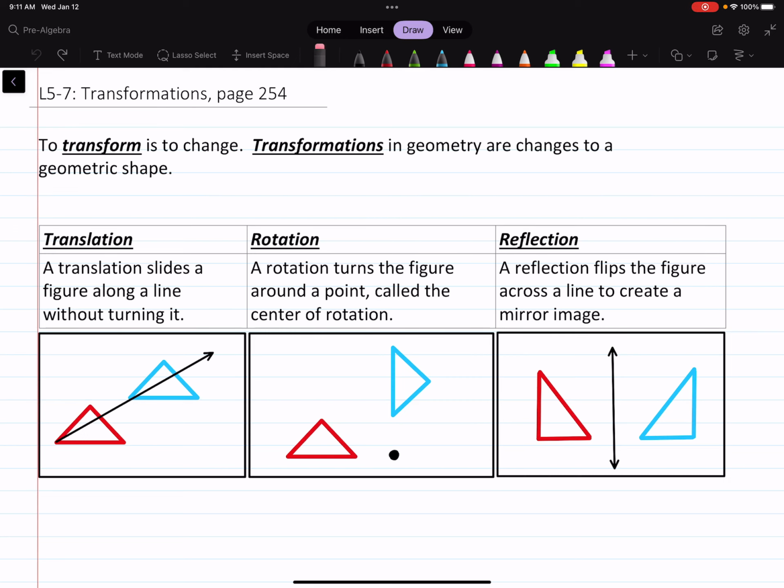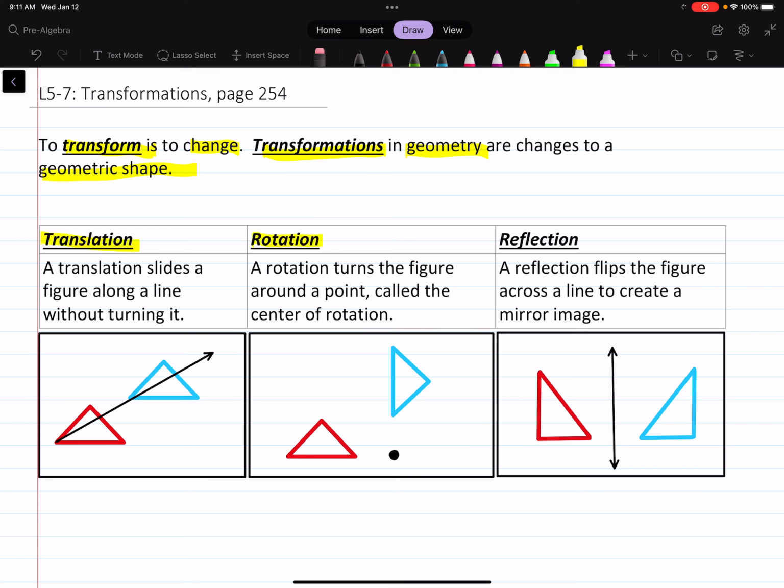Okay, this is lesson 5.7, page 254 in your book. We're talking about transformations today. To transform is to change. So the word transform means to change, and transformations in geometry are changes to a shape. And specifically, there are three types of changes we are going to talk about: